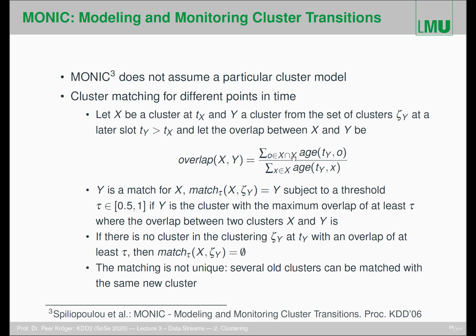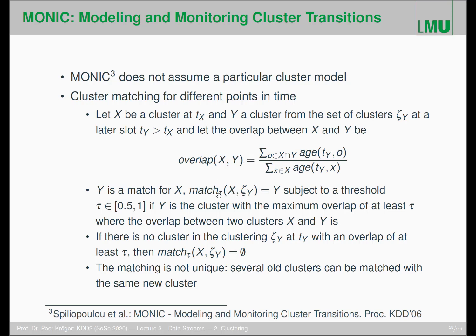So all objects that are in the intersection of X and Y, weighted by the age of this object O here, divided by the entire number of objects in X. So this is somehow the relative number of objects O from X that are also in Y, so to say. And we say that Y is a match for X if this matching